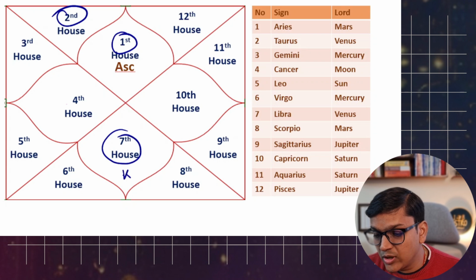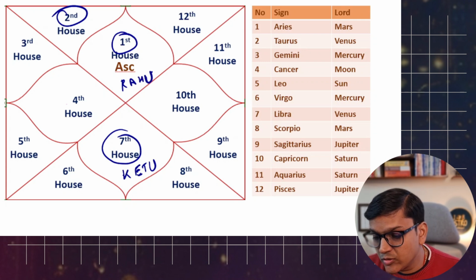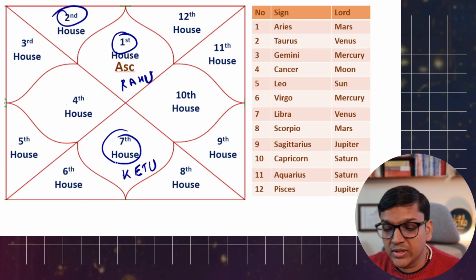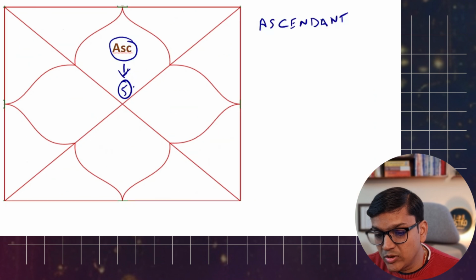So you need to note down here, it will be written like Ketu, and then 180 degrees away is the Rahu. Here we are not talking about Rahu. We already covered Rahu Rajyog in the previous video. So here you need to follow the Ketu, where the Ketu is and which house it is. You can follow this chart to see the numbering. This is always fixed. This will always be the first house. This will always be the second house, and so on. So just note down the position of Ketu.